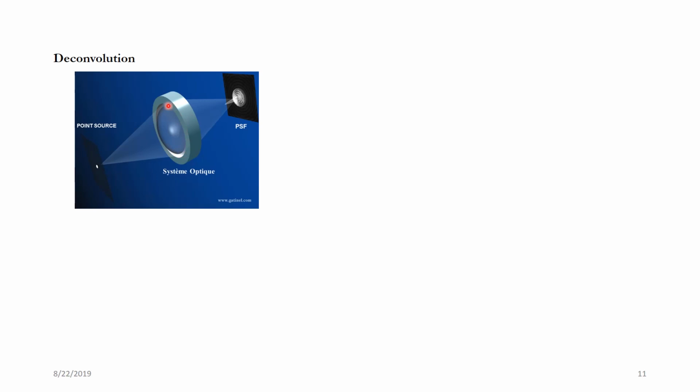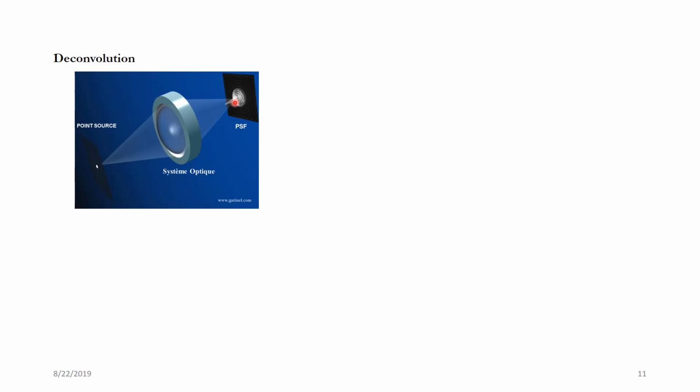We cannot avoid that because there is a certain diameter of the lens, and hence the size of this function will be determined by the size of the lens and many other parameters. Practically, this is of the size of a few microns or a few hundred nanometers. The best one can get, the tiniest one, will be about 250 nanometers. So we have to deal with that.